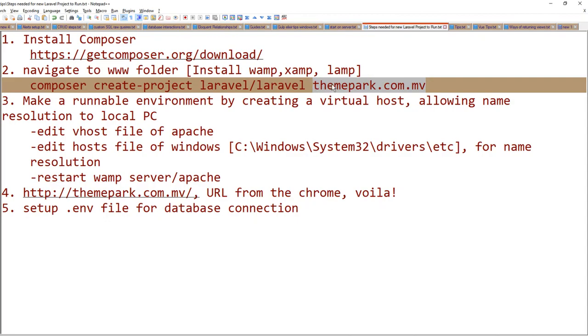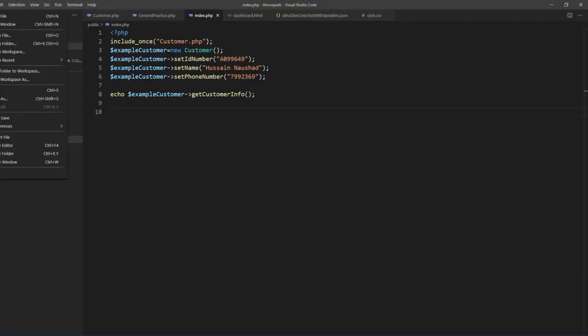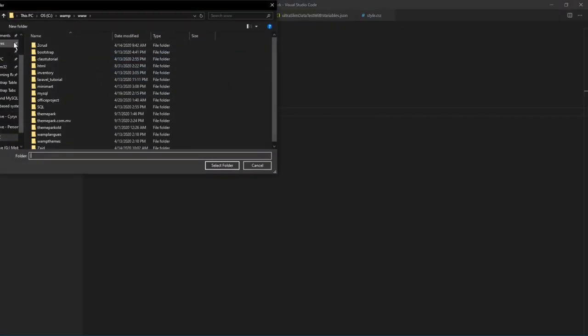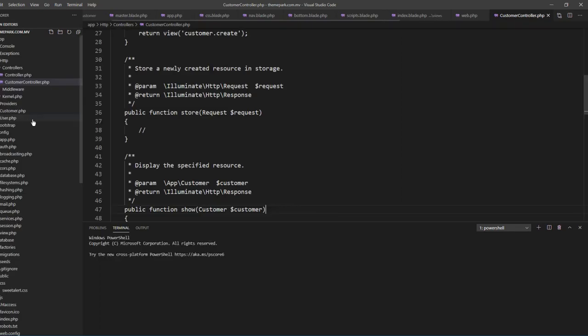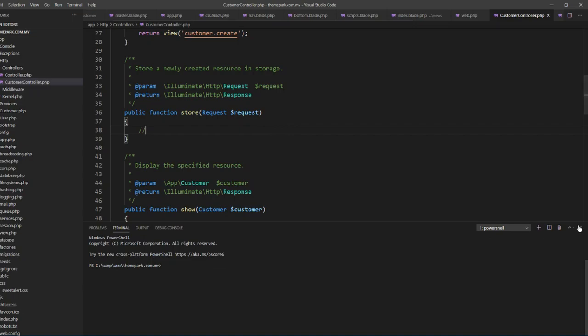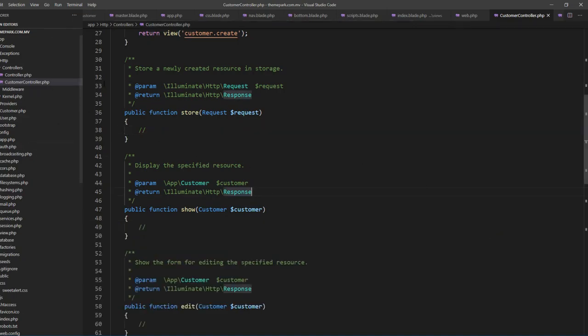Now if you have already created the WAMP folder, what you can do is open up File, Open Folder. Let's go to that project, themepark.com.mv. This is the project we are just opening up. I called it themepark.com.mv because that's the domain name I'm trying to use here in the system. Okay, so if you are on Windows,